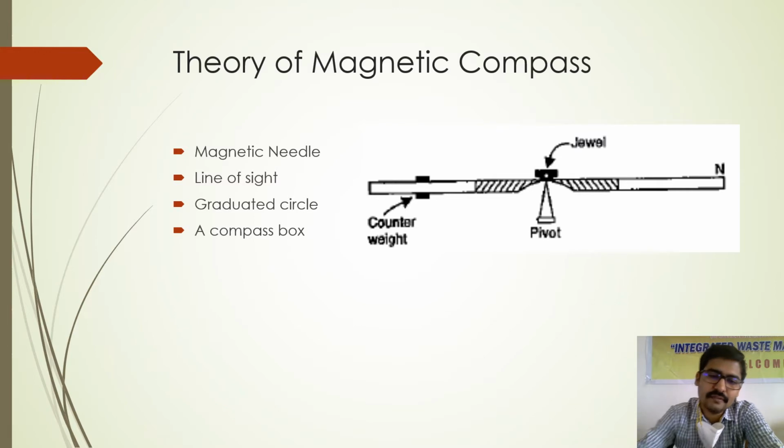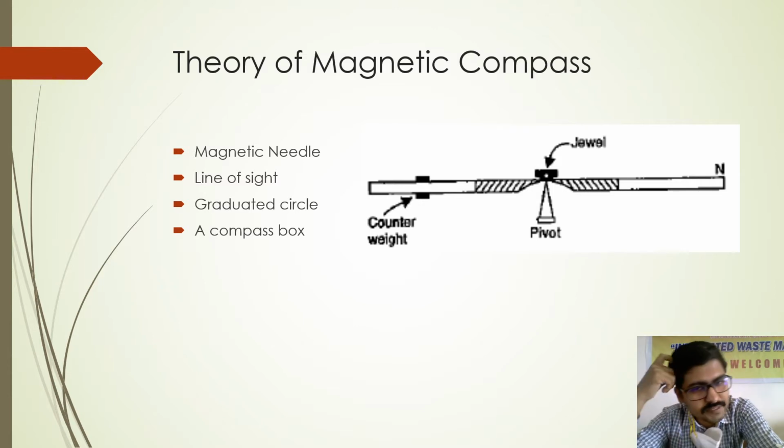It is generally done where the dip is higher. You will understand what is dip and declination in future classes. Whenever the magnetic needle bends downward, we call it dip, right? Whenever the magnetic needle bends downward, at the other end where the magnetic needle has got elevation, you are supposed to have some weight attached, so that the magnetic needle becomes heavier on that side and becomes perfectly horizontal.